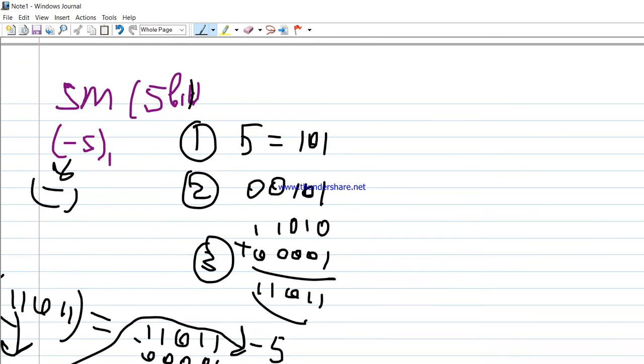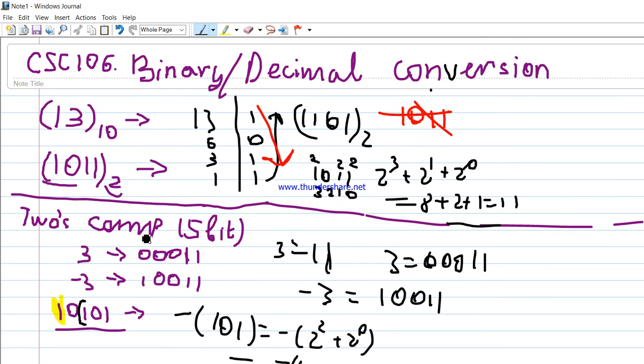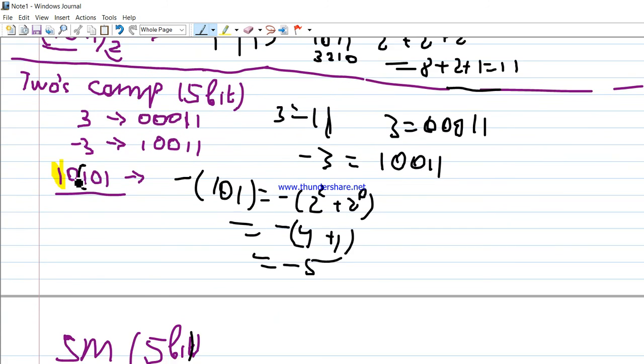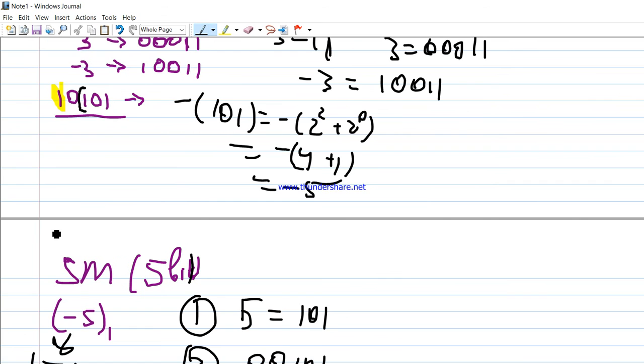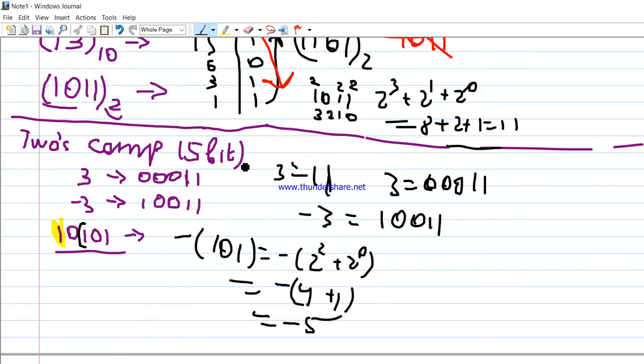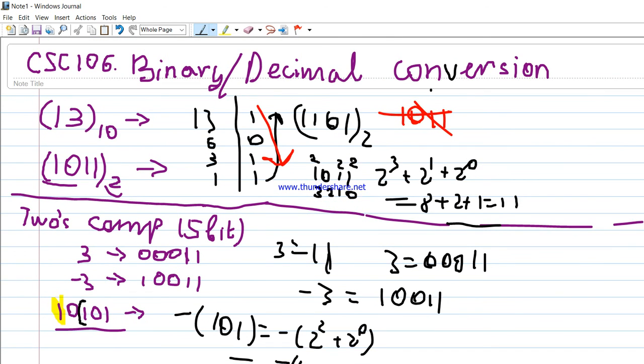That's it. That's all you need to know about binary to decimal and decimal to binary conversion. Maybe some other stuff that you might have to read is just what is 2's complement and what is sign magnitude. But besides that, you pretty much know everything, and I'm sure you will do good on the midterm on